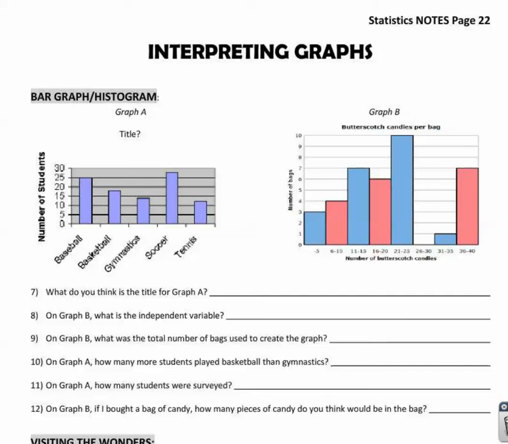A few things that you'll need to know before we move forward with more constructing. If you turn to page 22 in your notes, so at the top it should have these two pictures and it should say interpreting graphs. Some of the vocab on this page, such as the independent variable. Remember, independent is your x values and your dependent are your y values. So as we continue going on,